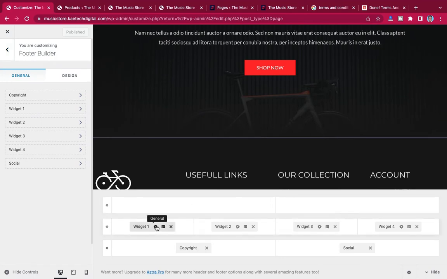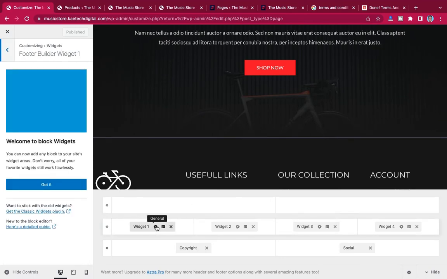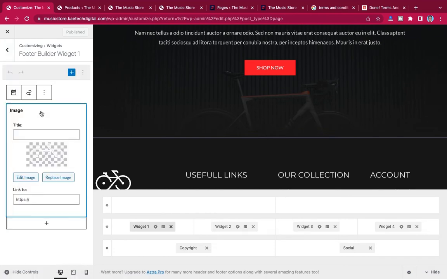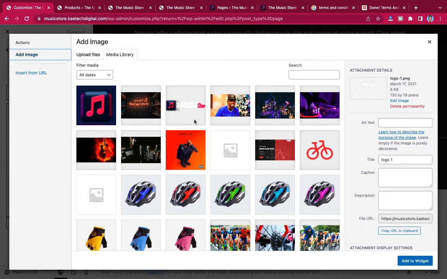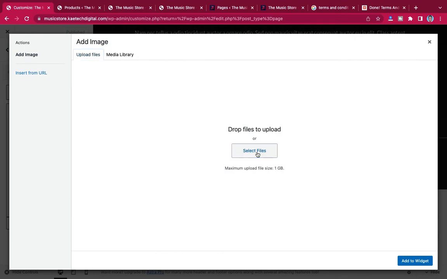Let's click over here and then click on got it, and then click on this replace image over here, and then you can replace the image with your own image. Now if I use this image, it wouldn't fit, so I'm going to use a different